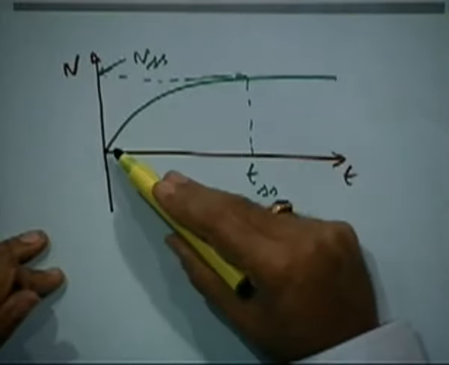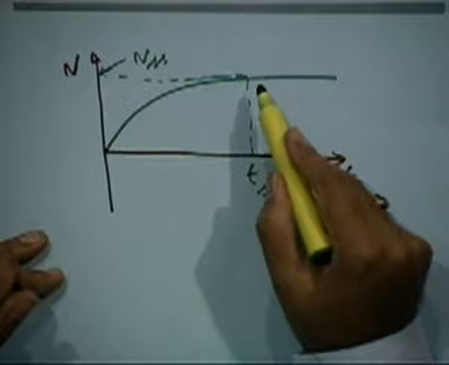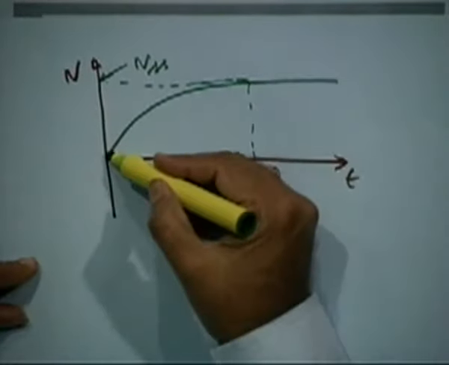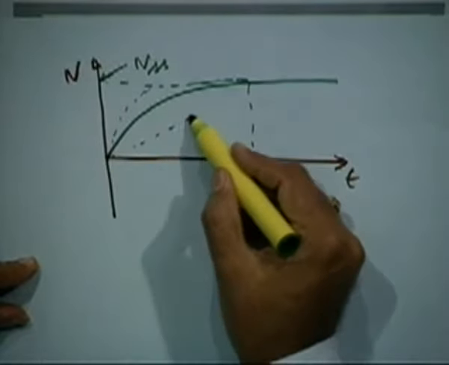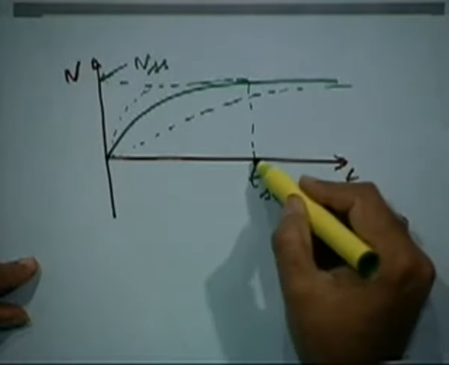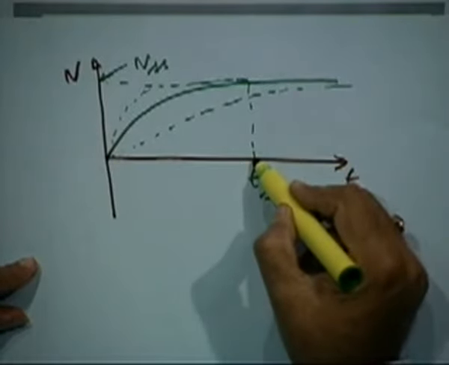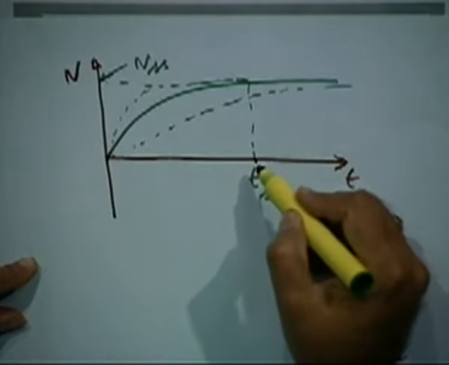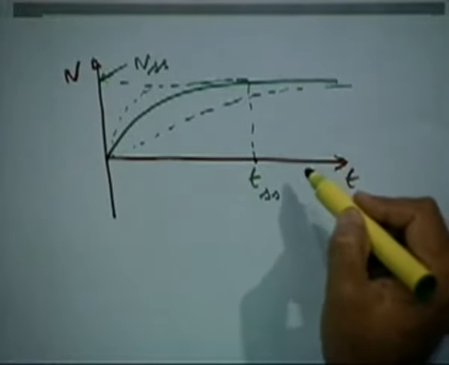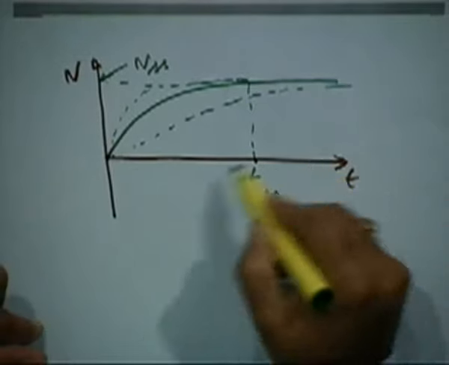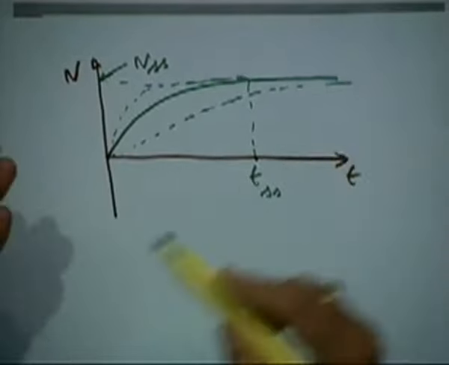Now depending upon the type of load, if it is a light load, it may quickly rise and go to this speed. If it is a very high inertia load, it may take a very long time to start and reach its speed. So T steady state will depend upon the connected load and its inertia, right. If the current drawn is very high at starting and it is a high inertia load, there will be enough heating in the windings because the high currents are flowing for a sustained long time. But if you are feeding a light load, then even though the current is high, it will pick up.